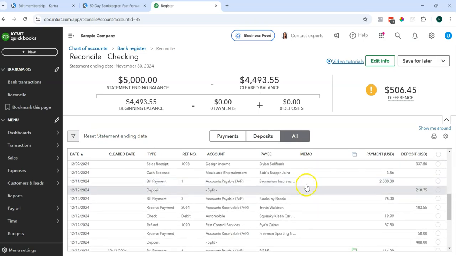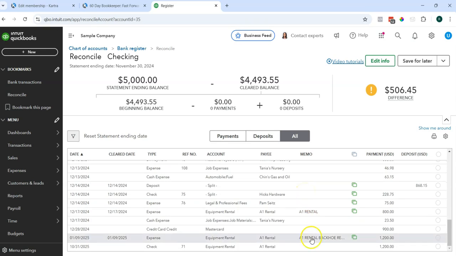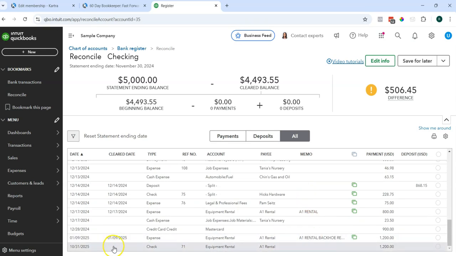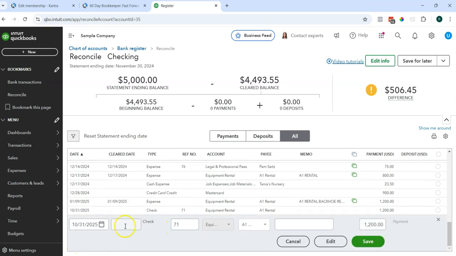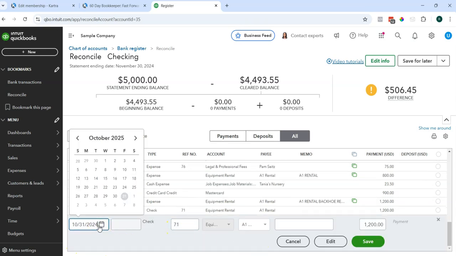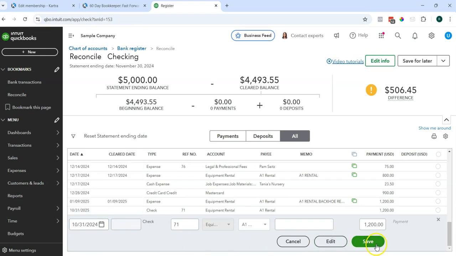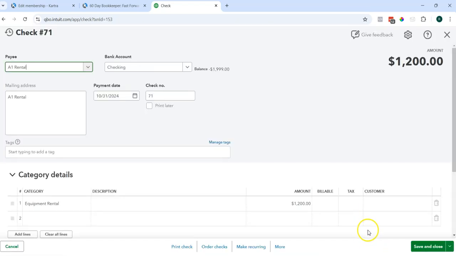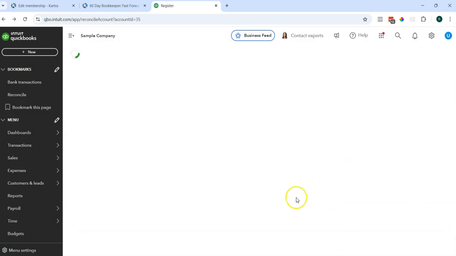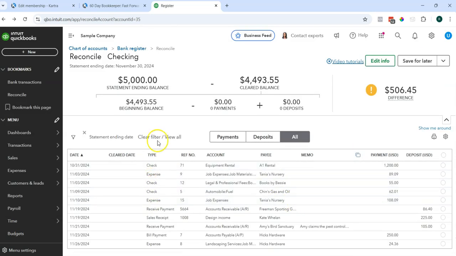If you ever can't find a transaction that you know should be in the list, oh, okay, so I did it for the wrong year, 10/31/25 instead of 24. So let's click save on that to fix the date there. All right, close. Okay, so again, we have statement ending date as our filter, but you can clear it and remove it if you ever need to be like, I know a transaction should be here. Why isn't it showing? Just hit clear filter, view all,